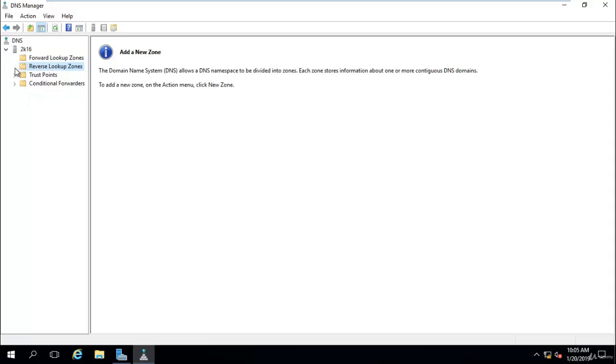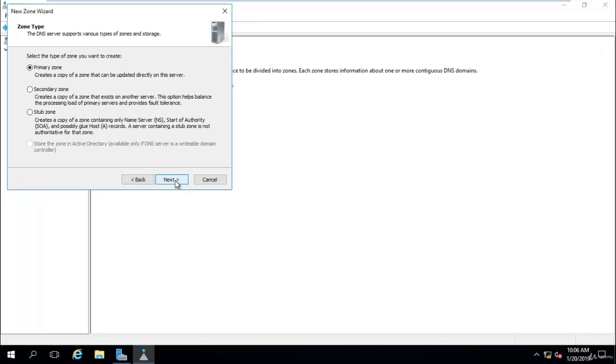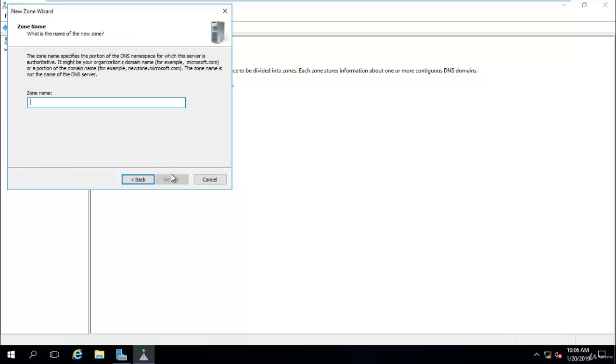Now here you can see we have two zones, forward lookup zones and reverse lookup zones. Forward lookup zones are used to convert domain name to IP address, and reverse lookup zones are used to convert IP address to domain name. So first we need to create a forward lookup zone. Just right click on forward lookup zone, click on new zone, next, select primary zone, click on next,